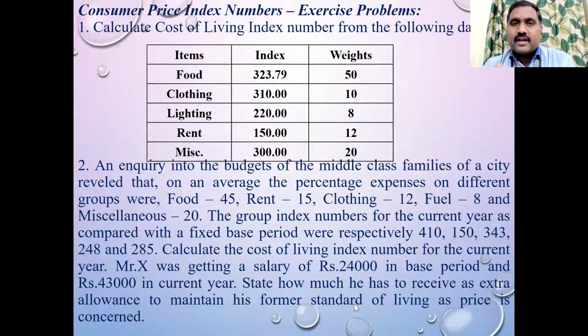For that, you should calculate the allowances for the previous salary of 24,000. Whatever the amount that you're getting, you need to add and then you need to subtract. That calculation will work out. So like that, some problems they will give some adjustment and they'll ask you to do it. Okay, so don't get confused. Read out the problem and then do it step by step. Otherwise, there are some students who, after seeing this problem, will not attempt the problem at all. First of all, don't think like that. Just go through the problem. It is easy for you to understand, and if you are able to apply the formula and find out, go ahead.